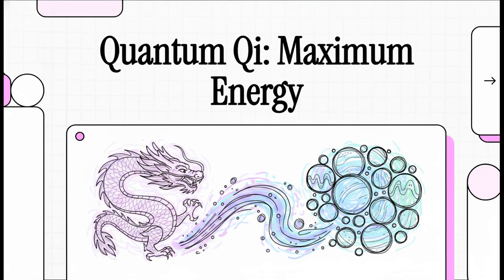Okay, let's jump straight into this explainer because we're going to do something truly fascinating today. We are going to bridge the gap between ancient traditional Chinese medicine and modern quantum biology to figure out how you can maximize your daily energy. I know, it sounds a bit like science fiction, right? But the crazy thing is, modern physics and these ancient medical texts are actually pointing to the exact same mechanisms operating inside your body right now.